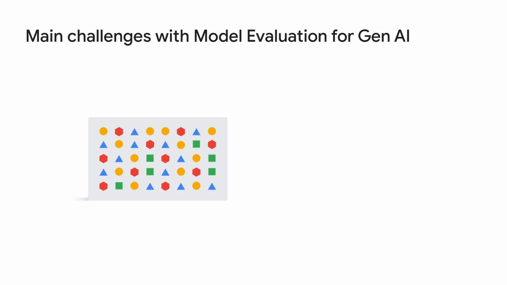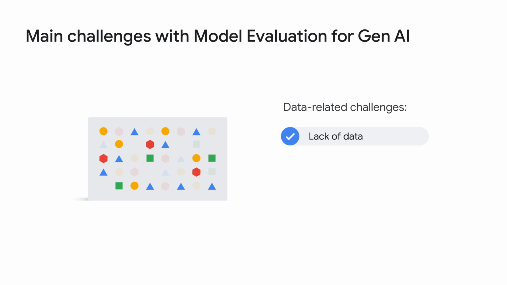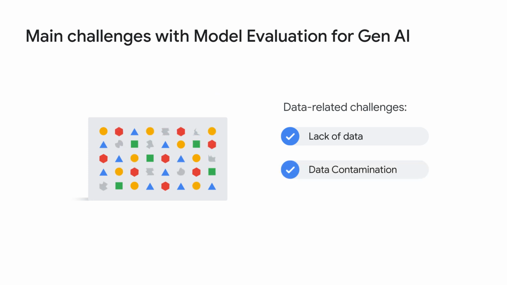Evaluating LLMs starts with data, but unlike traditional models, finding the right data and ensuring its quality can be difficult. The initial challenge stems from a lack of data. In traditional predictive machine learning, we typically begin by assembling a substantial data set. However, generative models can start with minimal or even no data at all. While this accelerates the starting process, lack of sufficient data can inhibit establishing a clear benchmark for what constitutes a good output. There's also data contamination.